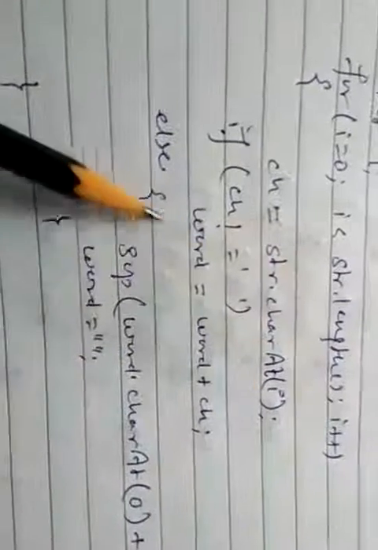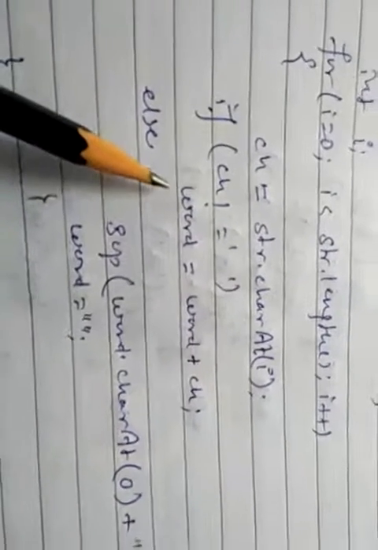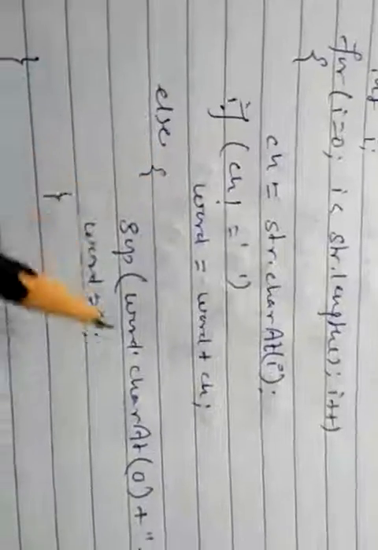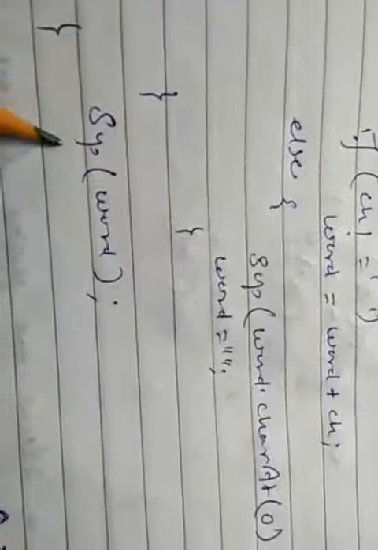So this will continue till the last. When Gandhi is completed, after that there is no space, because the initial will be printed only when the space comes. So this will exit from the loop and come to the next statement. Here we are printing the word, so this will print Gandhi in front of the initials.